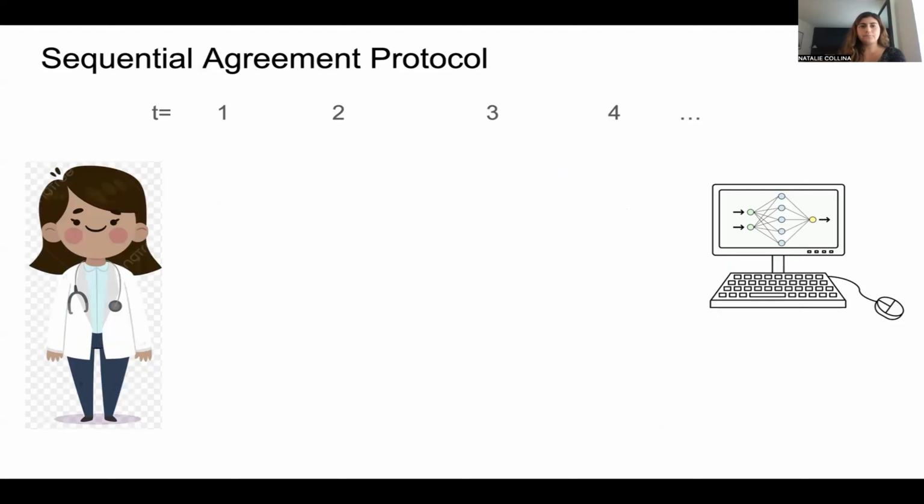Okay. Now we can move into our sequential agreement protocol, armed with that notion of calibration. Recall before we talked about a patient coming in. Now we'll have different days, and every day a new patient comes in. On the first day, a patient comes in with features, some legible to the human, some to the AI system. I'll call those XH and XM, with T representing the day we're at. So on this first day, our human and the AI model are going to have a conversation.